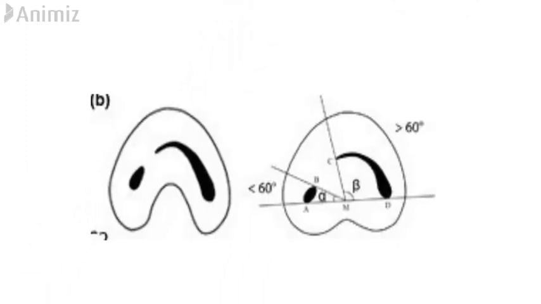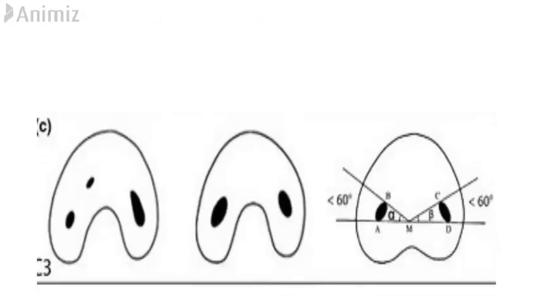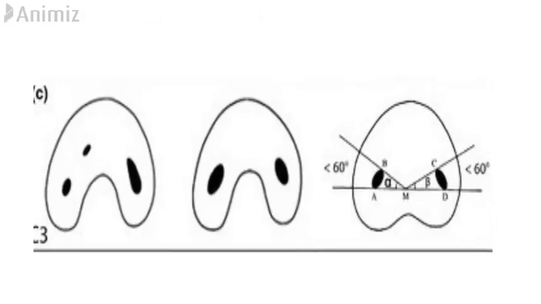Then C2 is a semicolon canal in which neither alpha nor beta should be less than 60 degrees. Remember, alpha and beta are the two angles between the two canals. Then comes C3. This is two or three separate canals where both alpha and beta are less than 60 degrees. This means that the canals are separated by more than 60 degrees, at obtuse angles.